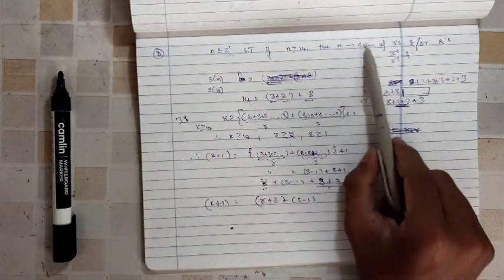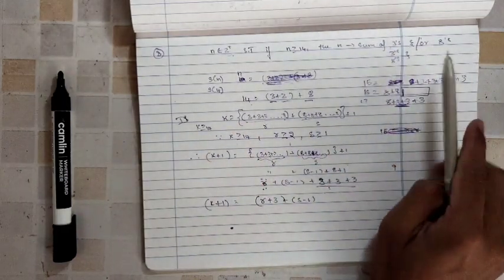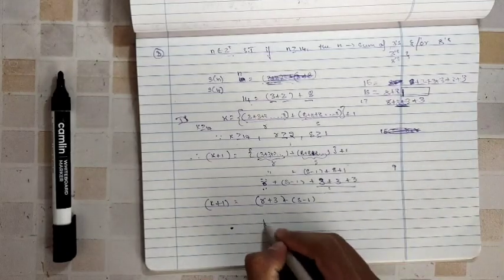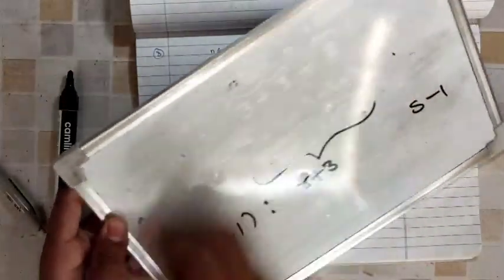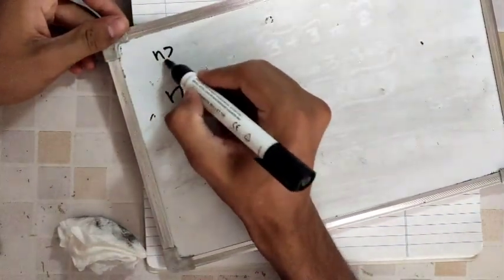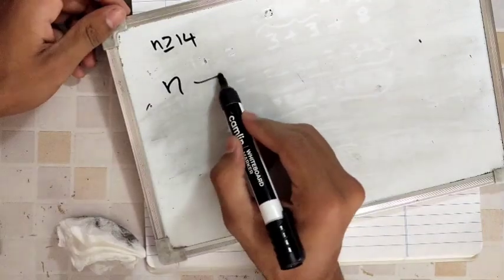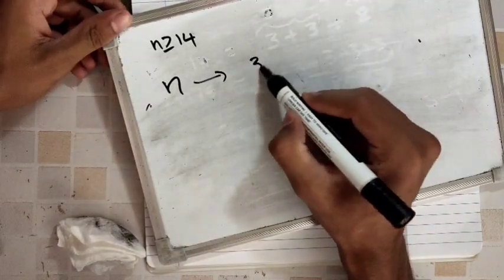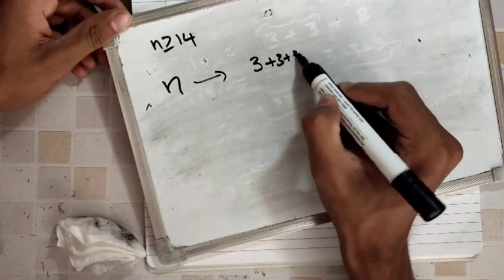So, n should be a sum of 3's and a sum of 8's, which means, for a given number n, let me just write here, a given number n where n is greater than or equal to 14 should be the sum of either 3 plus 3 plus 3,